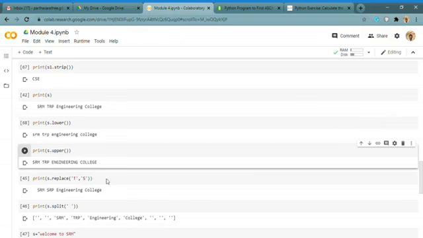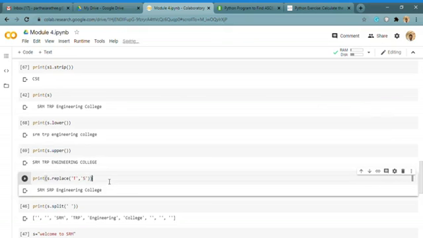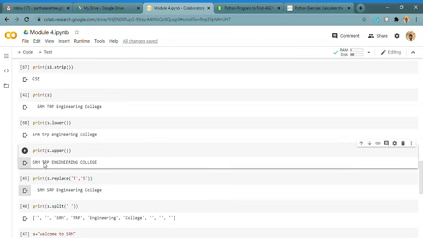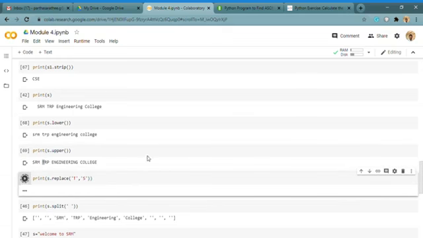The next function, we can replace a character with some other character. So here I demonstrate I am going to replace the character T with S. In my string, SRM TRP Engineering College, the T is available here. I am going to change this T. Now I am running this code, so it will give SRM SRP Engineering College.